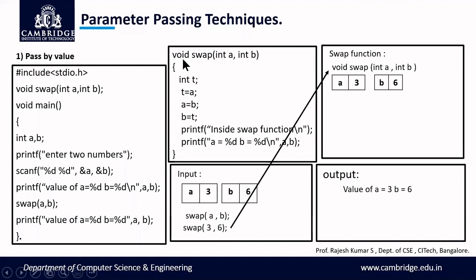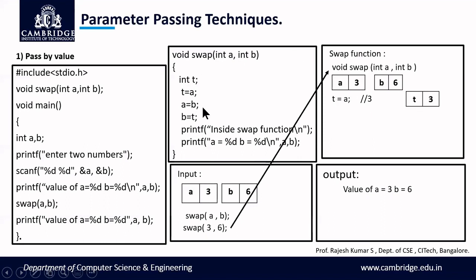Next, when we are executing the body of this particular function, we have declared the variable t in order to swap the values. Swap is the process of exchanging two values. Now I want to store the b value into a, that is, 6 I want to store in a, and 3 I want to store in b, inside this function only. Now what happens? I'm using a statement t = a. That is, the a value is copied into t. What is the a value? 3. 3 is copied into t. Now t is a variable which has the value 3.